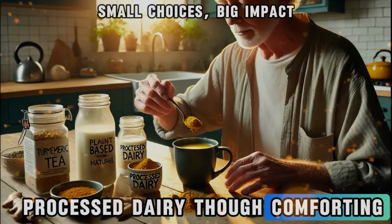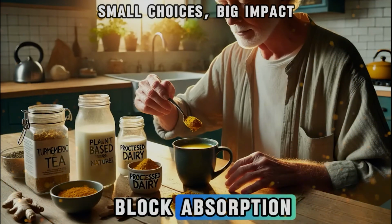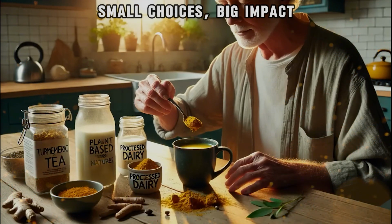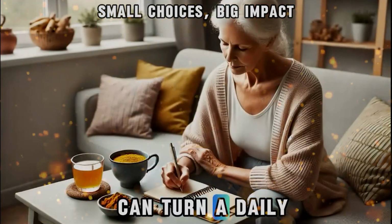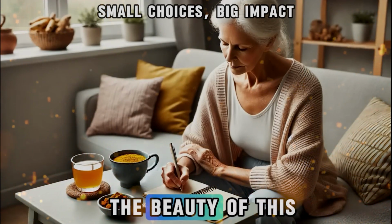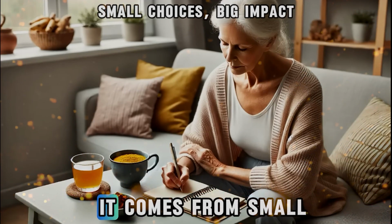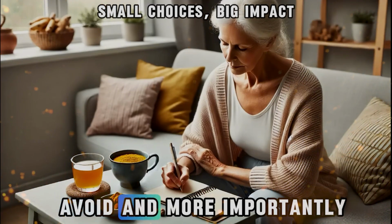Processed dairy, though comforting and familiar, often carries hidden costs. It may interfere with digestion, block absorption, and rob your body of turmeric's full potential. That doesn't mean you need to abandon all the foods you love. It simply means being more mindful. Choosing plant-based alternatives, whole ingredients, and simpler preparation methods can turn a daily habit into a source of strength, not frustration. The beauty of this stage of life is that we finally understand the value of time and the power of subtlety. Health doesn't come from grand gestures. It comes from small, consistent, intentional choices. From knowing what to avoid, and more importantly,